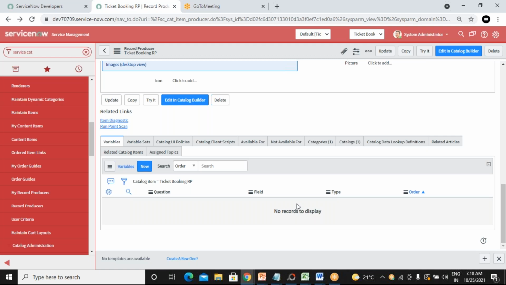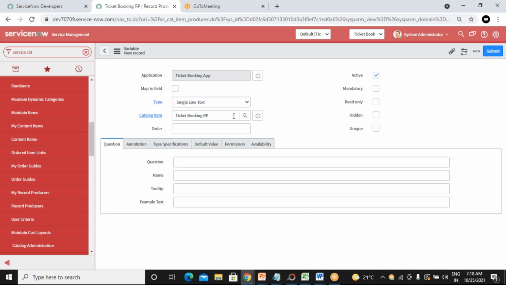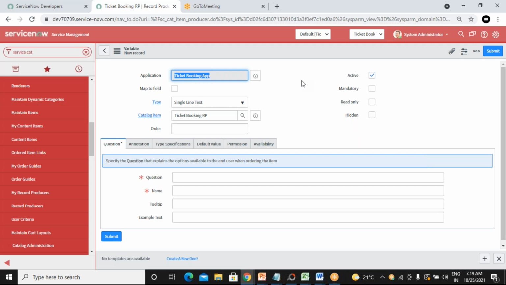To add variables, click on the new button. Once you click on the new button, here is the variable form.